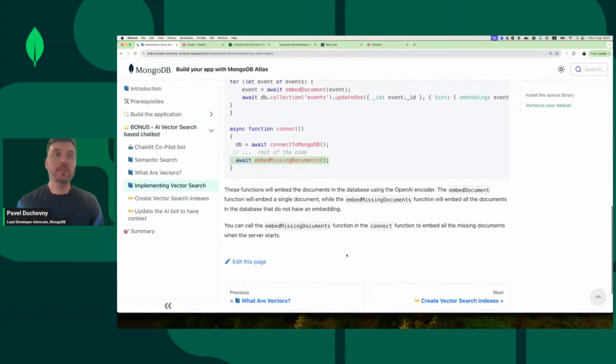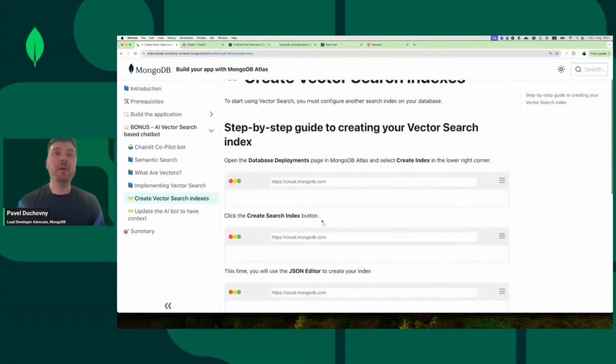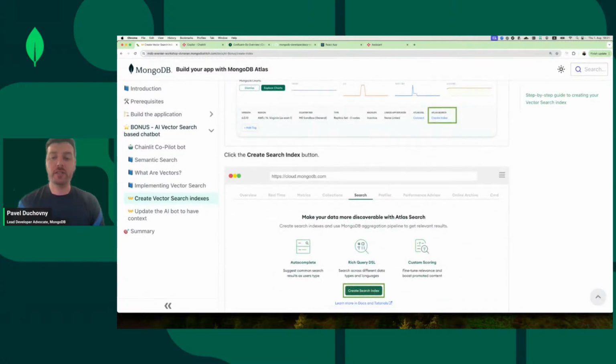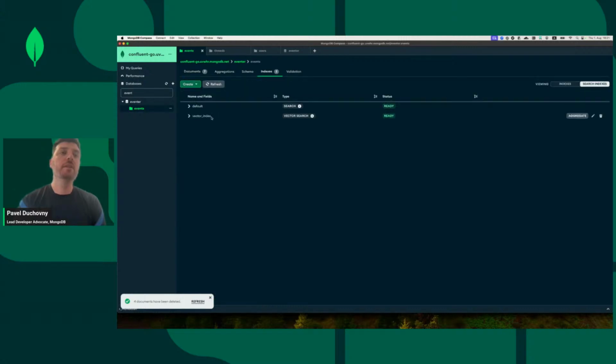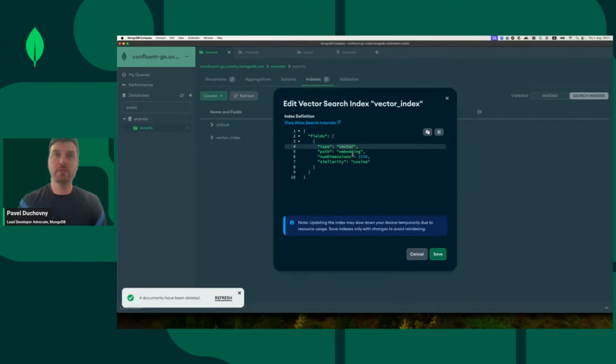This is one part of the context retrieval. The second part is actually creating the vector search index. And as you can see, I have a vector search index already created on that collection. So I basically point my vector index, increase that as well,